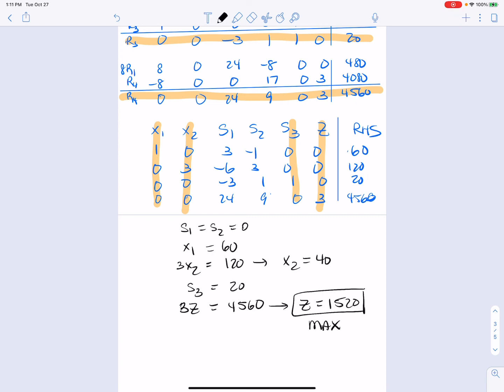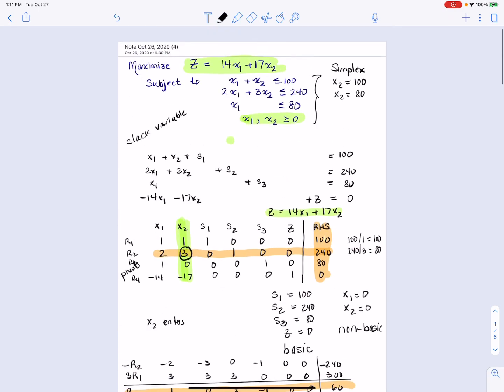Now, I want to explore that S3 here for a moment because when we did linear programming in the past, x1 and x2 were the only ones we really cared about, right? We didn't think about slack at all. So that's basically our solution right there. But now notice S3 is 20, which means in the third constraint, whatever that was, we're going to have 20 units left over. So if I whiz all the way back up here,